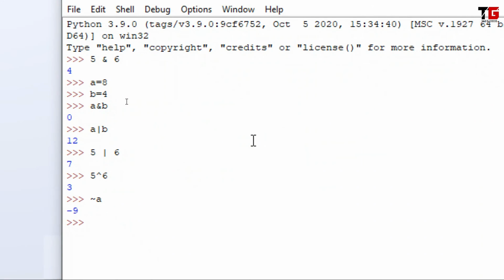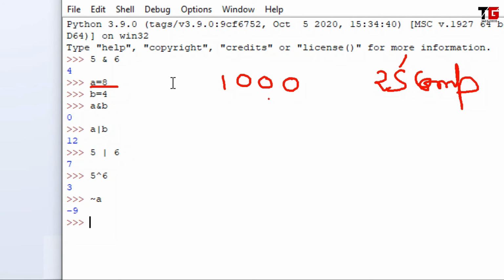There is one more method to understand it. a is equal to 8. The code of 8 is this. To represent negative numbers, 2's complement notation is used. So let's calculate its 2's complement. To calculate 2's complement, we first have to take the 1's complement. So all the digits will be interchanged in the 1's complement.